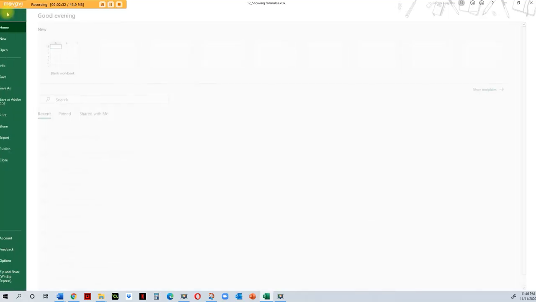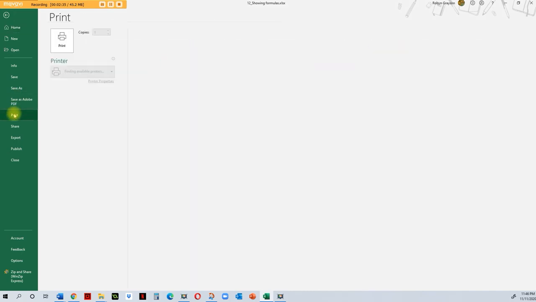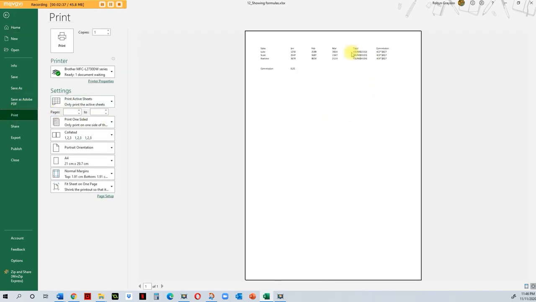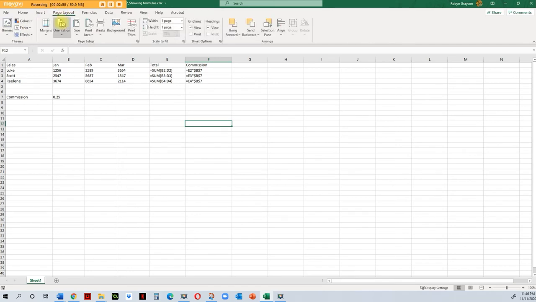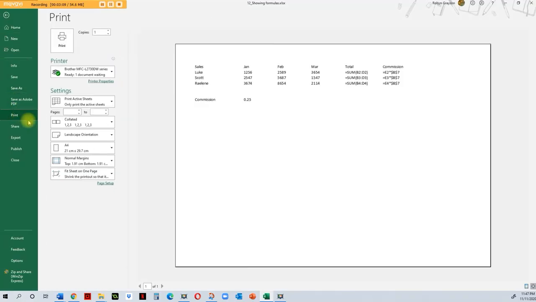I can also go File and go down to Print. This brings up my print preview to show exactly how it would look. In this case it is fitting on one page, but if it wasn't, there's a couple of things that I can do. I can go back and change my page layout to orientation landscape. When I do that, it turns it around, and if I go back into my print preview,